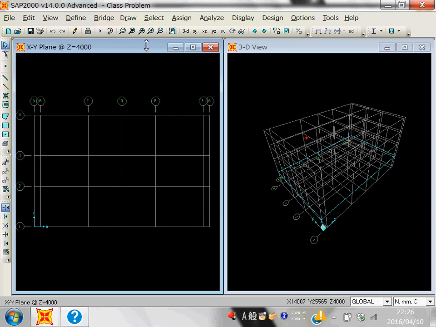Now the second step is to draw beams and columns. Now you have two options. Number one, you can draw any size of beam and any size of column, and later on you assign the size which you are going to provide. You understand? For example, for our columns we have like 450 and 450, 300 and 300, and same for the beams. But if you say no, I want to draw the same beam and same column which I have decided,